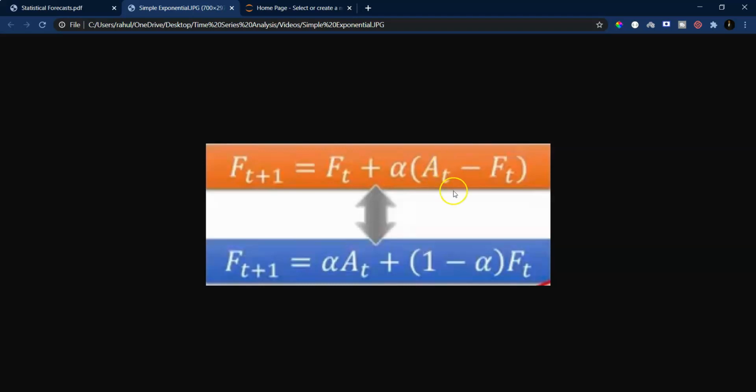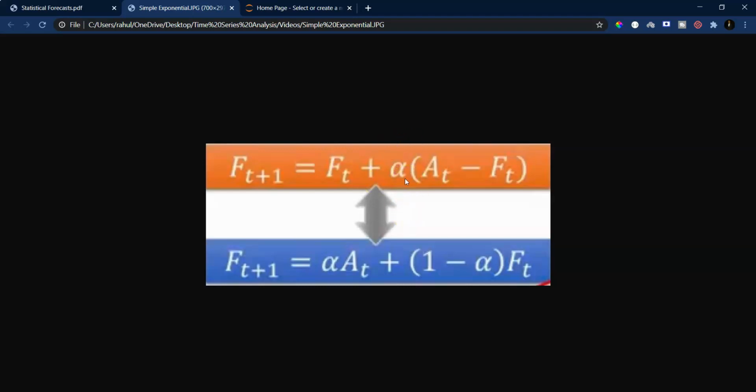T is the current timestamp, whereas T plus 1 is the timestamp in the future. Once you know what F and A are, it is quite easy to understand this formula. Some of you might be asking what alpha is doing here.